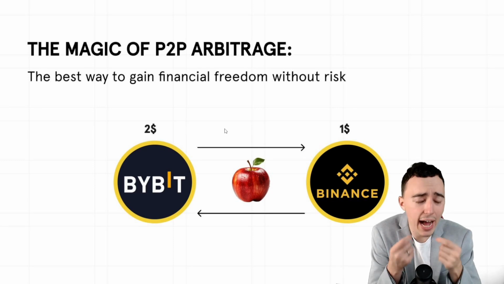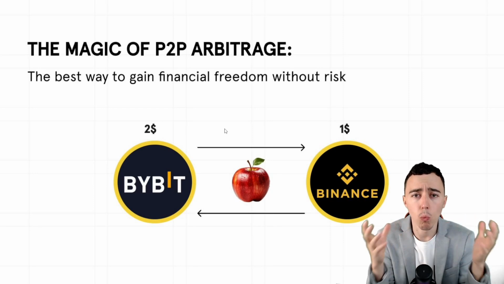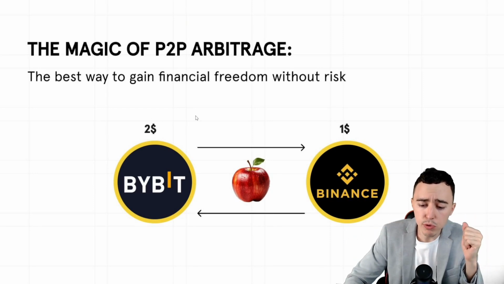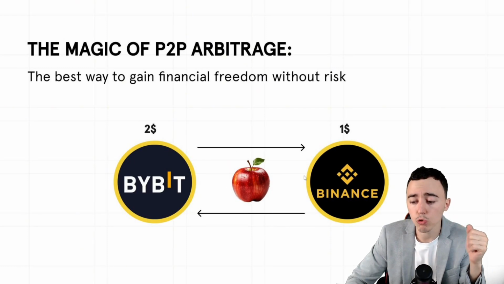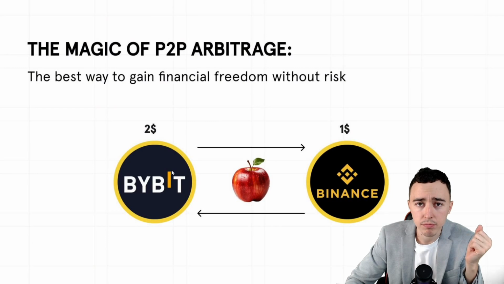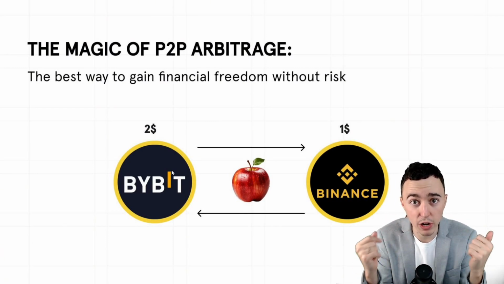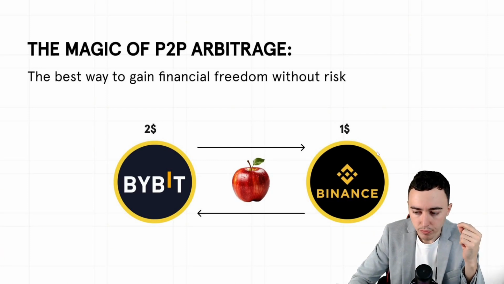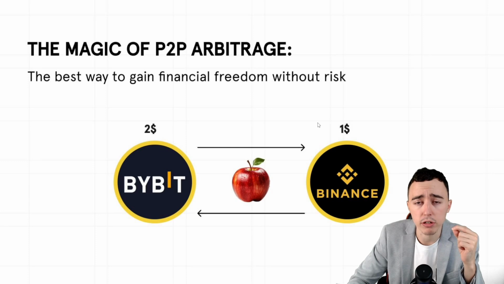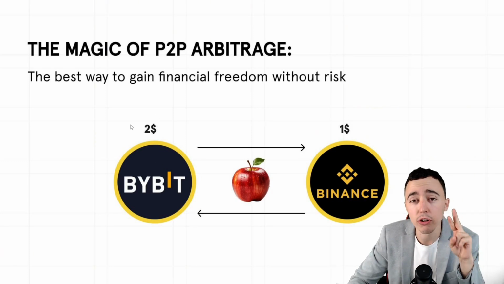Now, what do we have here? Here, we have an arbitrage opportunity. Why? Well, because we have two different markets with two different prices that don't have any barrier in between. So we can go to one and we can go to the other. Now, if you are already thinking ahead, you're probably thinking, okay, then what can I do here? I can go to market one and buy this apple for $1. And then I can bring it to market two and sell it for $2, making a profit,